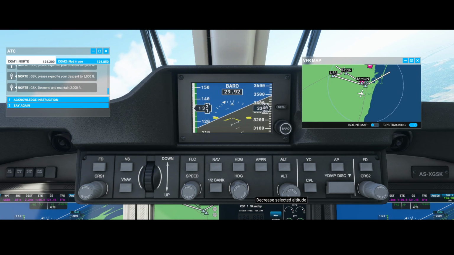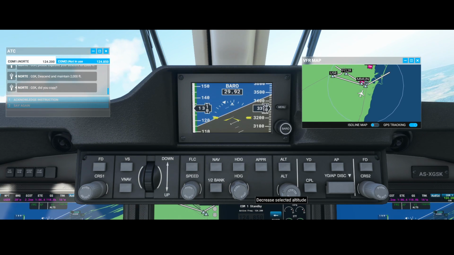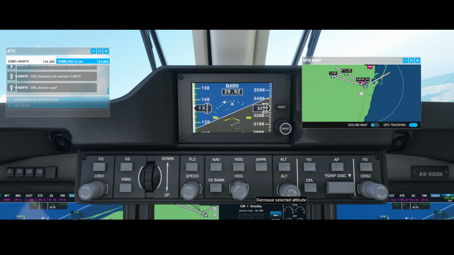So if you're flying, it will go up and down,